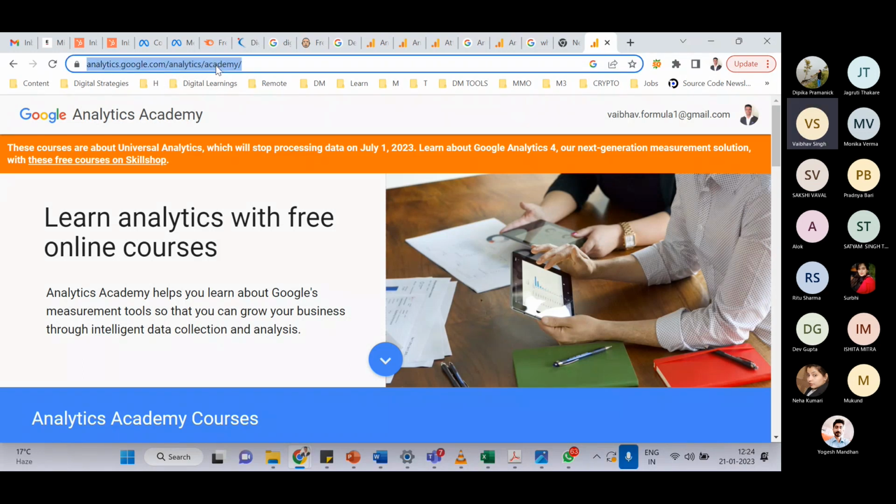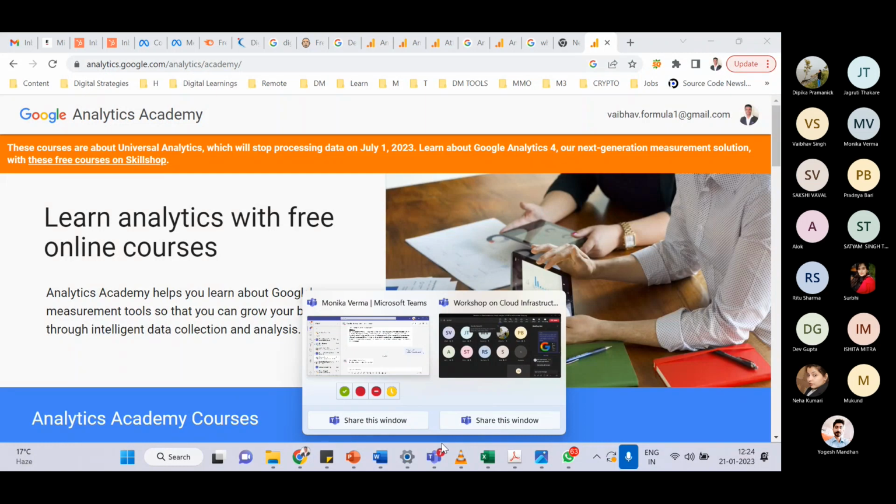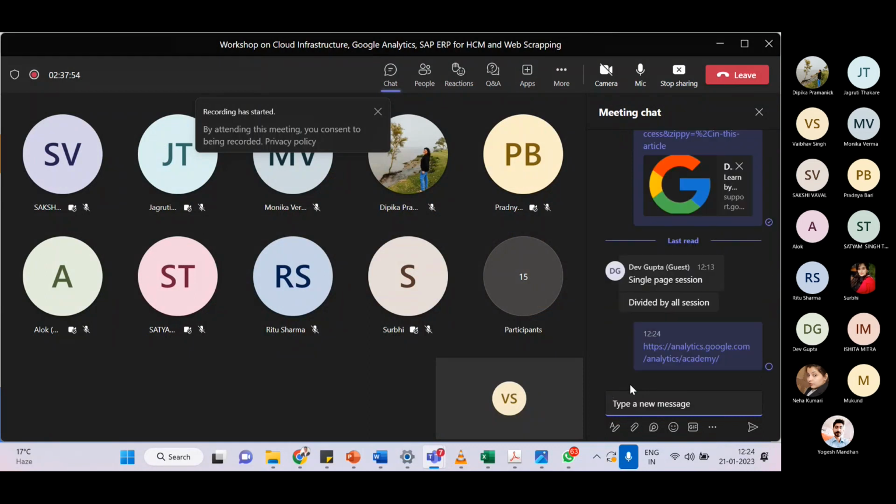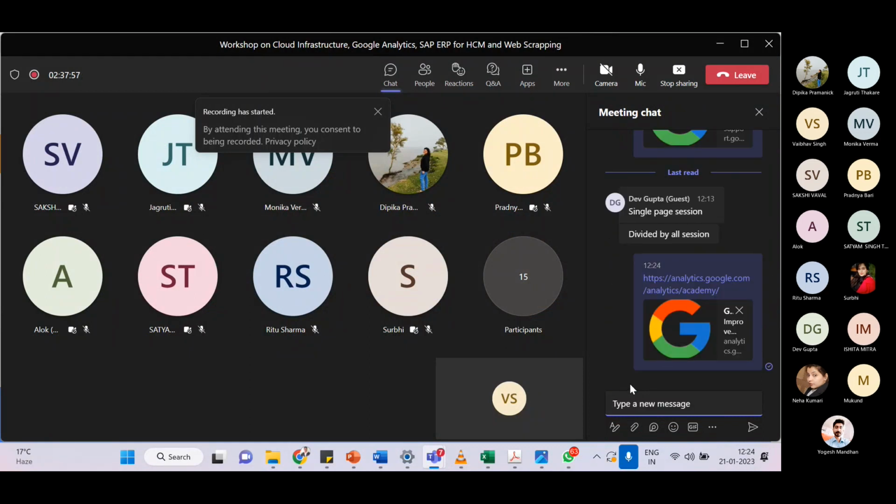I'm just pasting this link over here. Okay, so you can save this link and you can do the Google Analytics Academy certification, which will help you